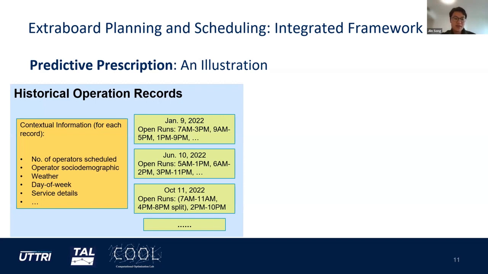So here's an illustration of how it works. For example, we have historical operation records from the past year. On January 9th, we have a list of open runs that happened due to operator absence. And for each record, we also have the contextual information. For example, we have operator information, the weather on that day, and what day of the week it is. These are factors that affect absence.